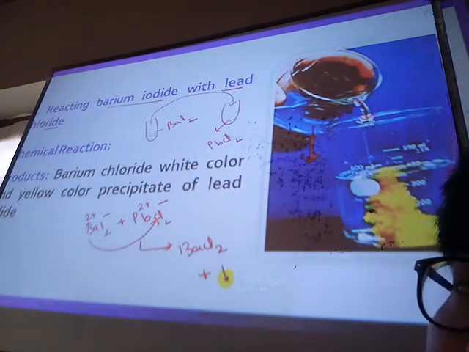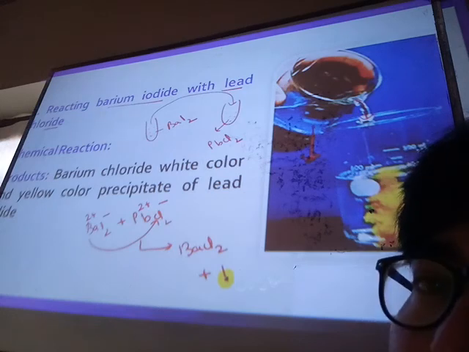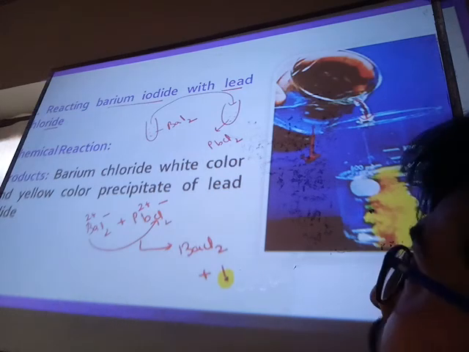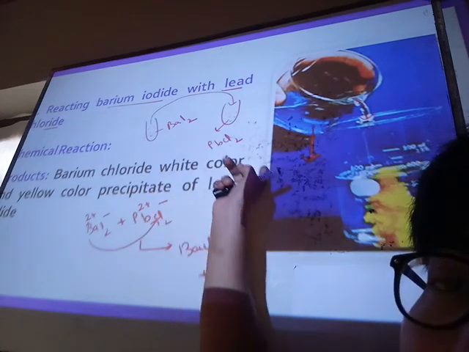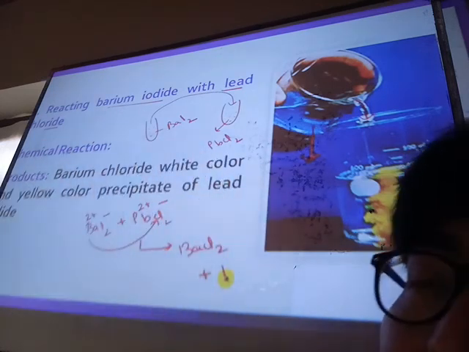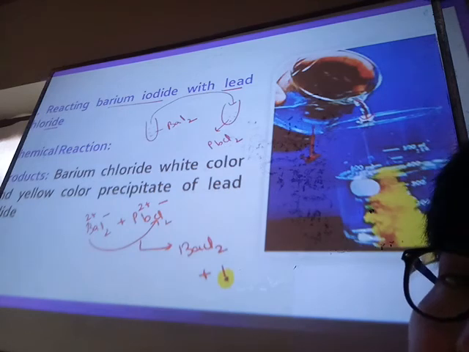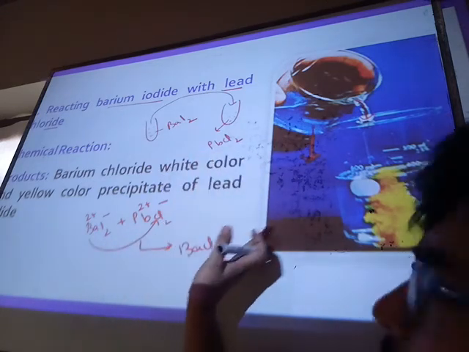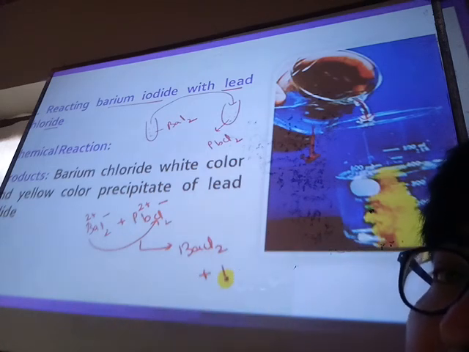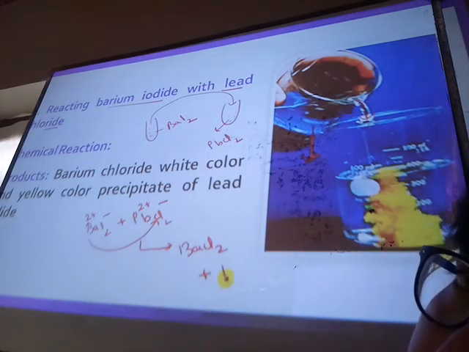So I think it is clear, and whosoever attends the regular classes, we have seen an activity over here. Remember the lead iodide activity you studied: lead nitrate plus KI gives PbI2 plus potassium nitrate. That part we have already discussed. So that's a figure over here. And now our next topic will be neutralization reactions.